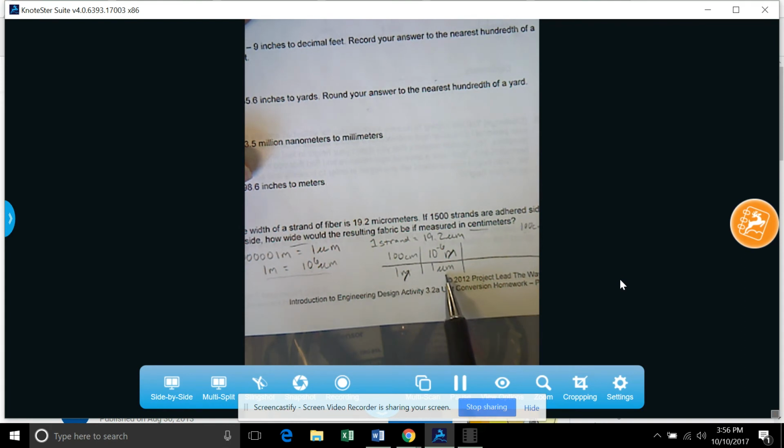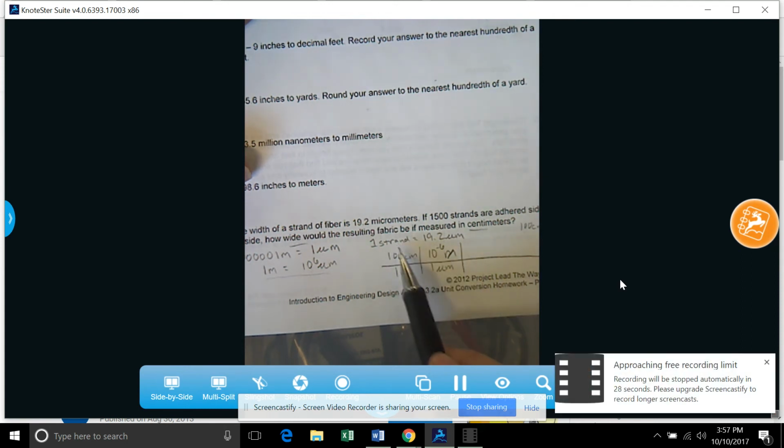Now I got to cancel out micrometer in this case. So I have this relationship, 19.2 micrometers per 1 strand. And then I finish it off with that last piece of given information, 1,500 strands. So strand cancels strand, micrometer cancels micrometer, and once I carry out the math, 100 times 10 to the minus 6 times 19.2 times 1500, these are all ones, so I just divide by 1, divide by 1, divide by 1. The answer is going to